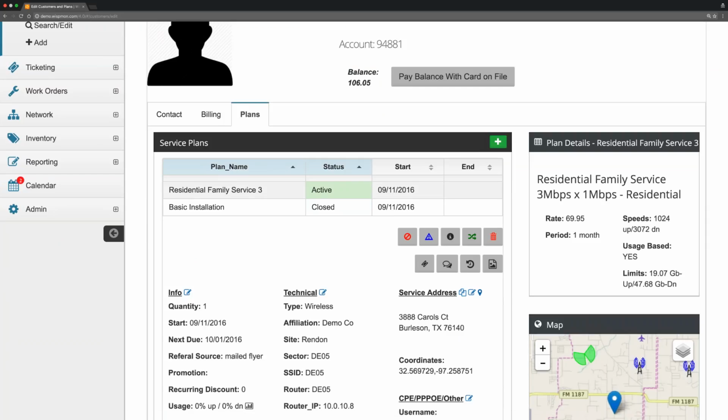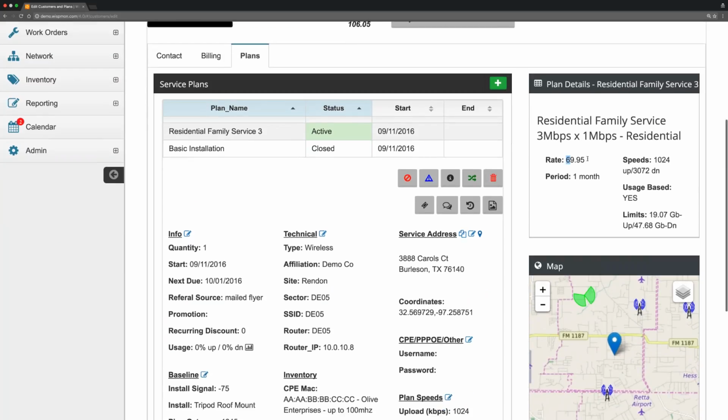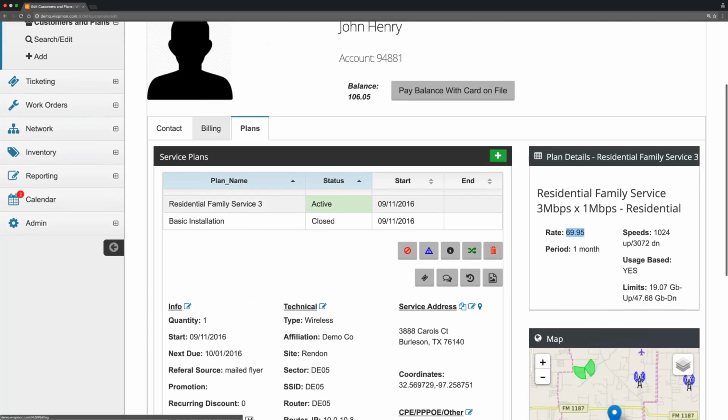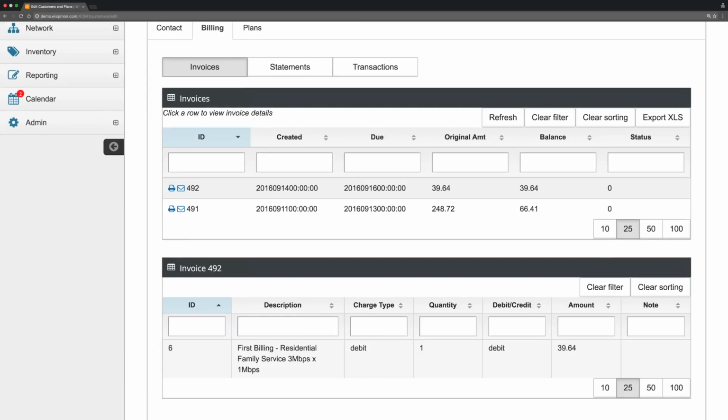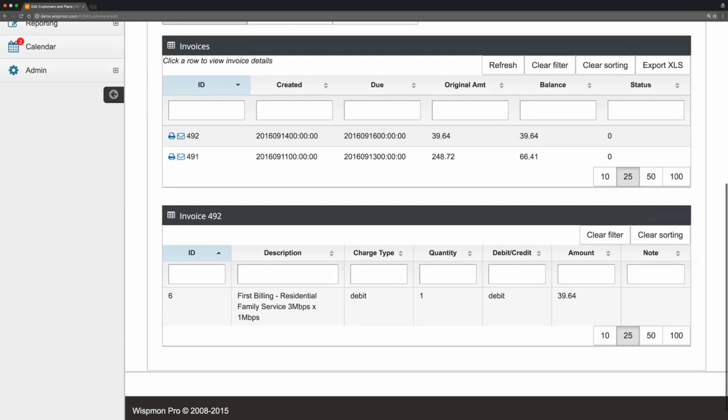That undefined, by the way, prevented it from updating that image right away. He's now on the $69.95 plan. It's prorated. If I go back to billing, I can see that it actually created a prorated change in the price on the customer. As you recall, the price of this was $69.95. It actually prorated him for the difference in the price on the service plan. So if I click on that, you can see here's the residential change,